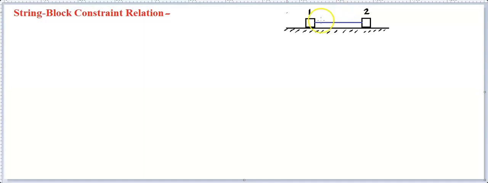Okay, that's obvious. So let's say the velocities are given as this: I'm giving this velocity as v2, and this is velocity v1. We need to find v1 given v2, or if v1 is given, we can also find v2. That means our purpose is to find a relation between v1 and v2. So how can we find a relation? There can be a number of ways. I'm going to discuss two ways, and another way is given to you in the module that has been provided, so that will be the third. So you will be learning all three ways. Let's say we are talking about method 1.